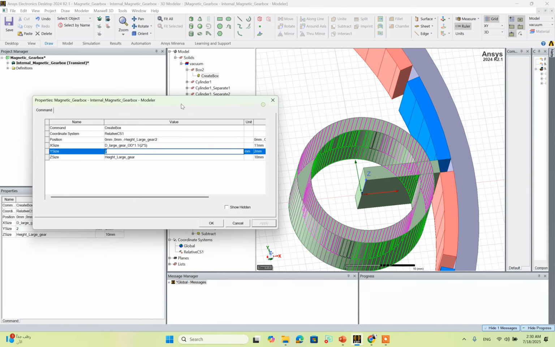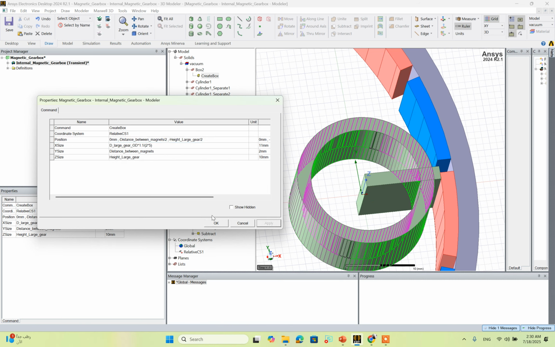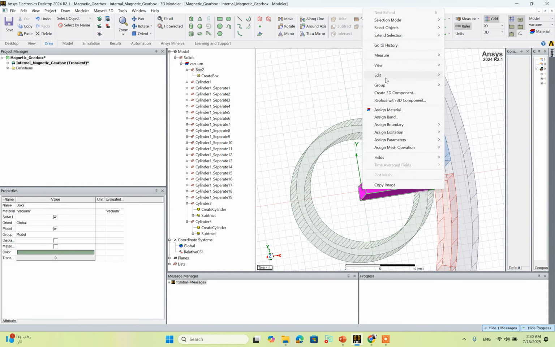And for the Y size, we will keep the distance between magnets the same as 2 millimeter, and here we can put minus distance between magnets and divide this by 2 like this here. Now let's duplicate this around Z axis,